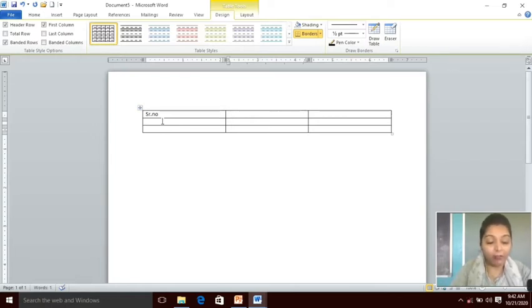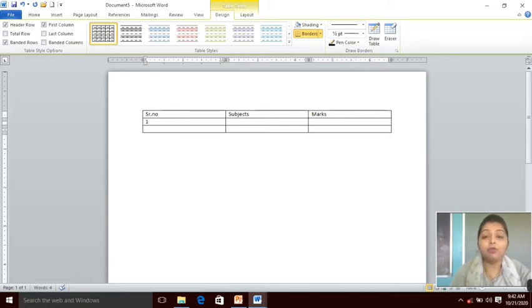Then I will type here subjects. Then again I will press the tab key. Then I will write here marks. Okay. Now, to move on to our next row, मेरे को serial number के next वाले row में जाना है. Then what I will do, I will press again the tab key. Okay, here I will write number 1.